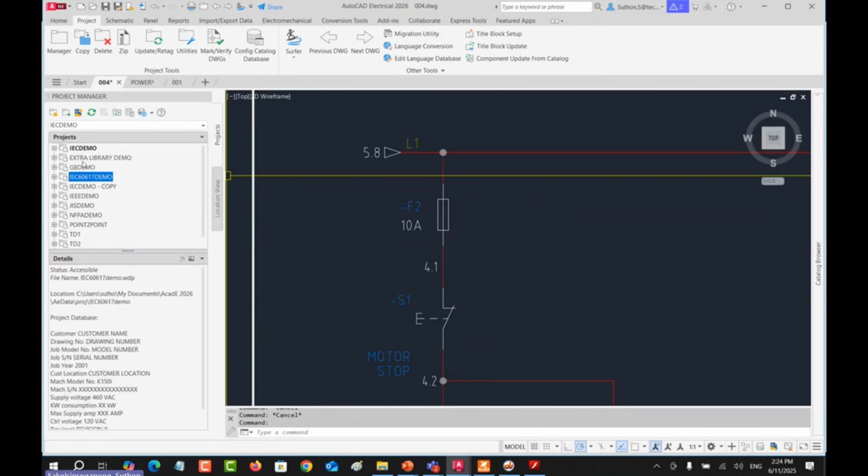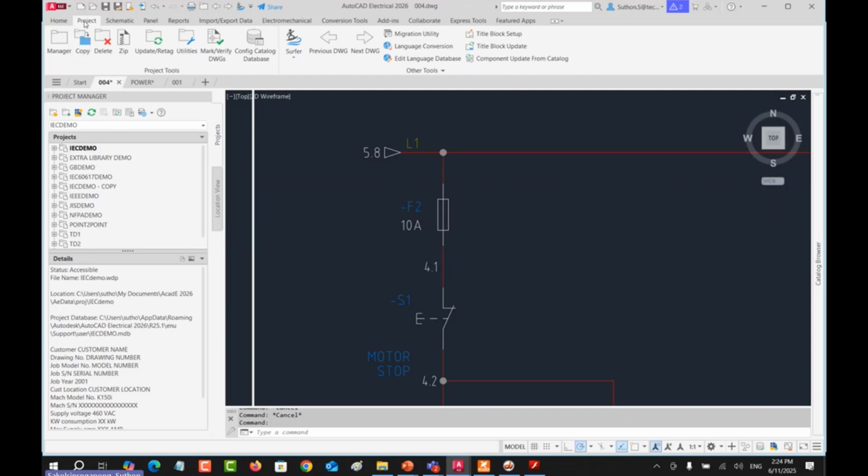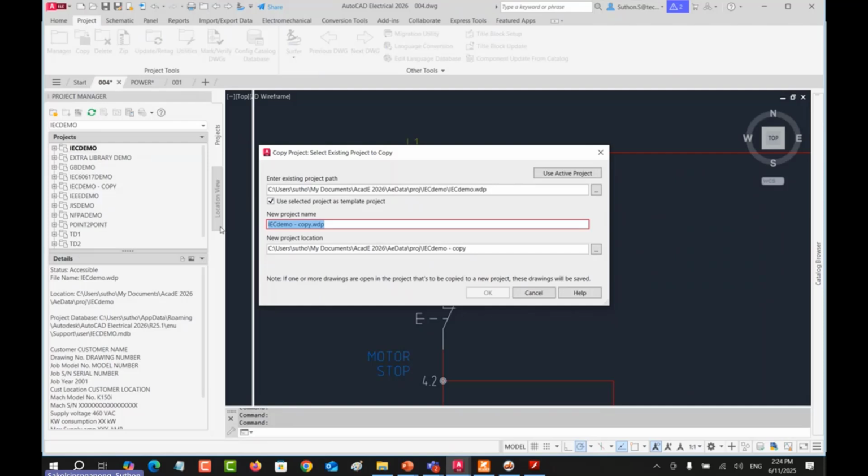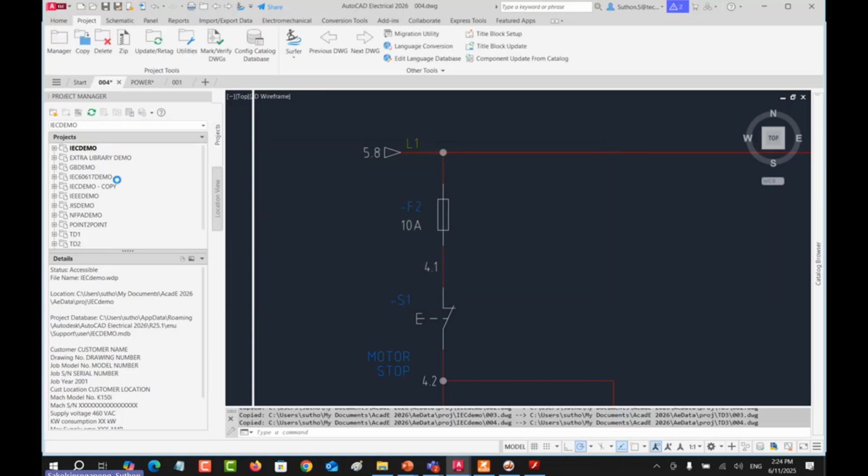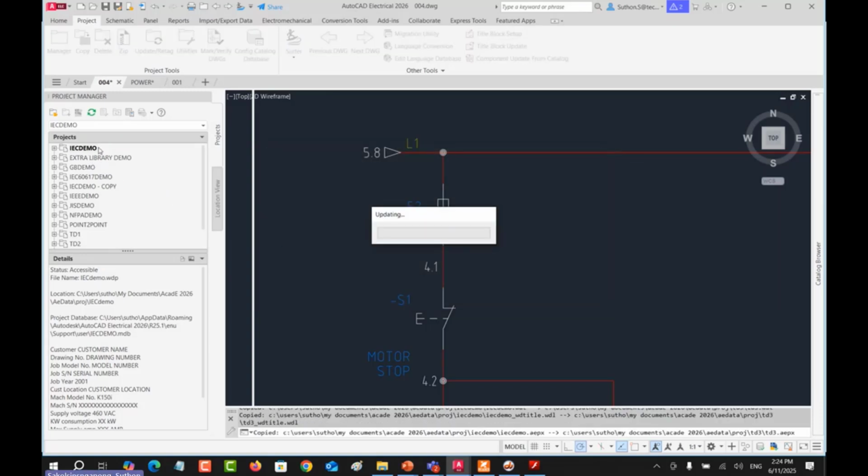Easy to find. So I use the IC demo as my starting project, and I will copy this one by going to the project and copy. I will change this one to TD3, my own project. So the IC demo never gets any changes from me.